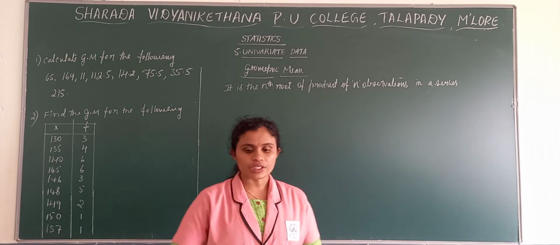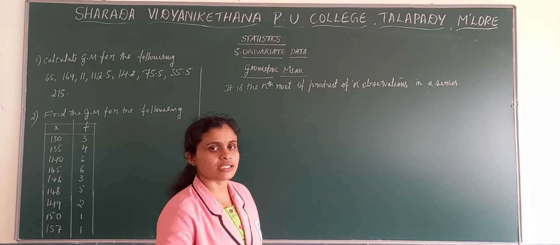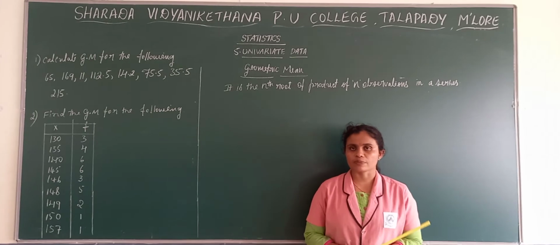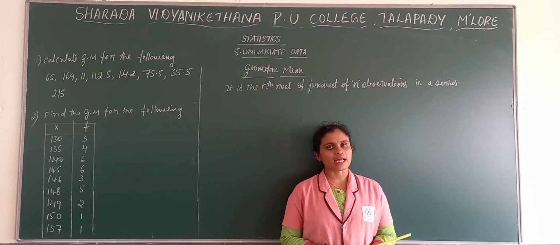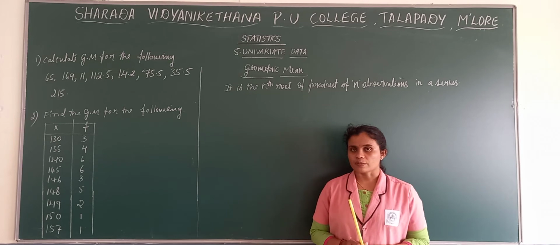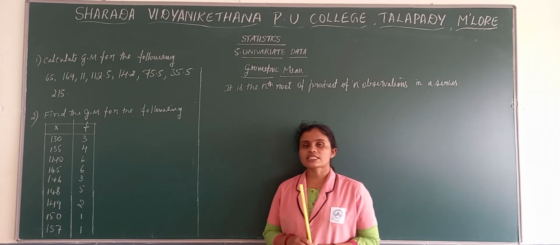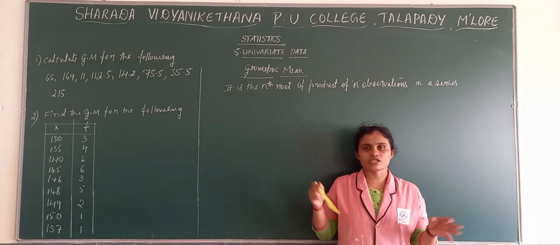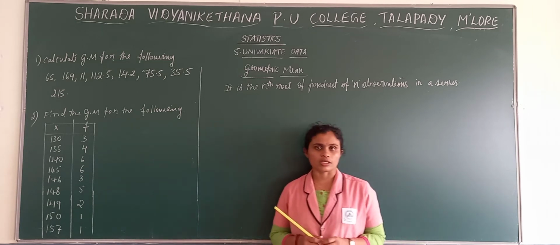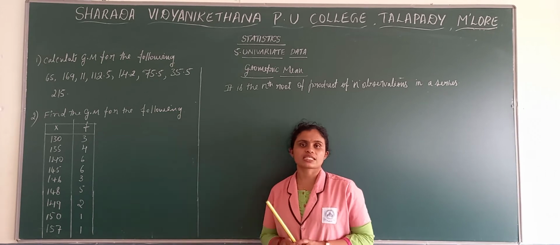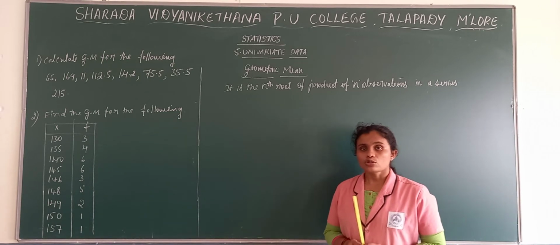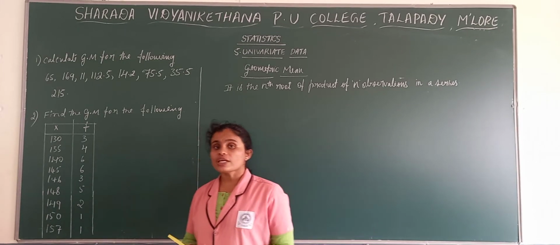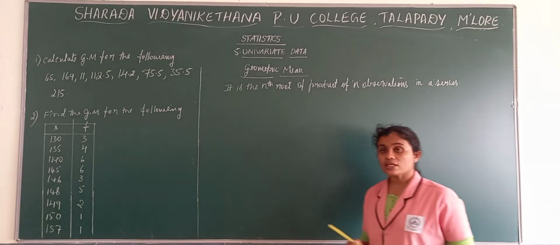So till now we discussed three averages, that is arithmetic mean, and in case of arithmetic mean we know that three kinds of arithmetic means are there, that is simple arithmetic mean and weighted arithmetic mean. Then next we discussed the median, which is the middlemost value when a series of data is arranged in an order. Then in the previous session we discussed mode, and two more averages are remaining, that is geometric mean and harmonic mean. So today we will discuss what is geometric mean.